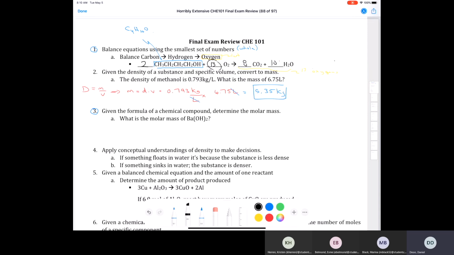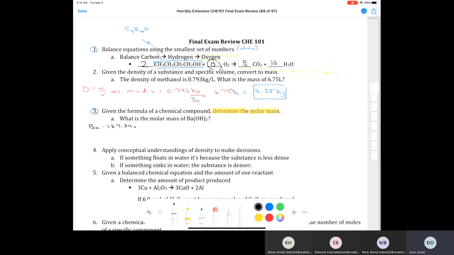If you've been keeping up with the practice problems over the course of the semester, you should have done this Avogadro's number of times, meaning going to the periodic table and looking up the mass of a barium atom. So I go to my periodic table. Barium is element number 56. It has an atomic mass of